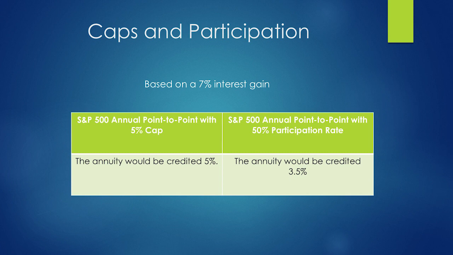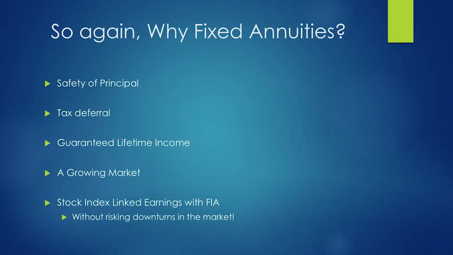Okay, and again, what we're looking at with annuities is number one, the safety of principal. You're not going to lose any money. And there's really no other investment that can say that. That can say, no matter what happens, you might get 0 return, but you're not losing money. Tax deferral, again, it's one of the few investments out there for any kind of money. I mean, for IRAs, there's a lot of different investments you can tax defer the money with. But for just after-tax money you're taking out of a bank account, annuities are one of the only investments where you can put it away and not pay any taxes until you take it out.